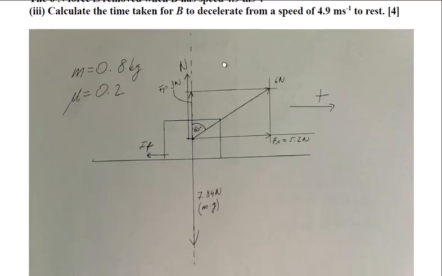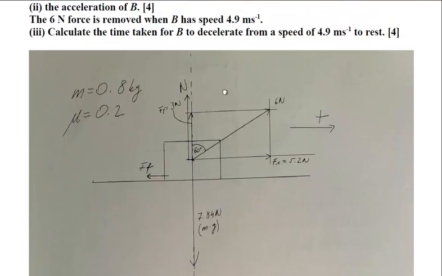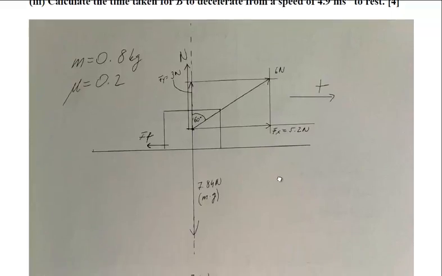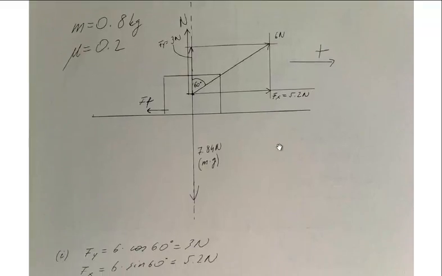So here is a figure. Here is the force of 6 newtons. We break down this force. We get a horizontal and a vertical component. We can find out the vertical component. This is the 60 degrees angle,